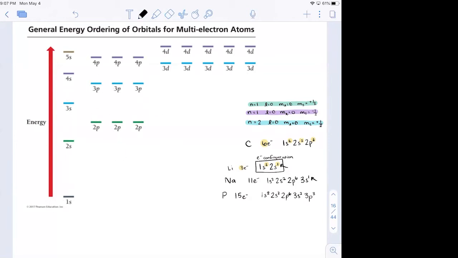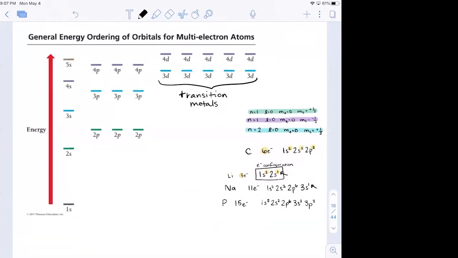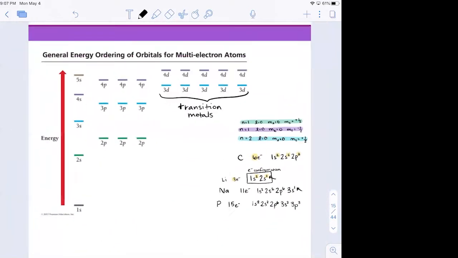Now, transition metals. Most of the transition metals follow this lovely category. What we'll see is that transition metals end in the 3d block. They hang out here. Most everybody follows the same exact idea. I want to present some of the irregular ones before we move on. Let's go ahead and look at